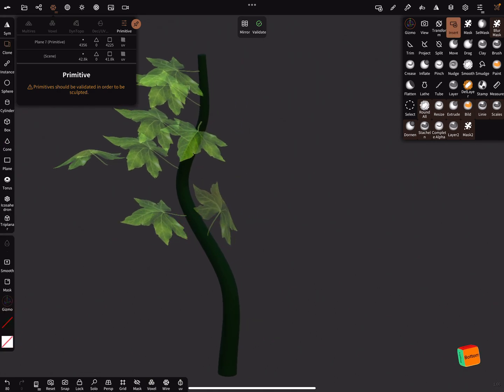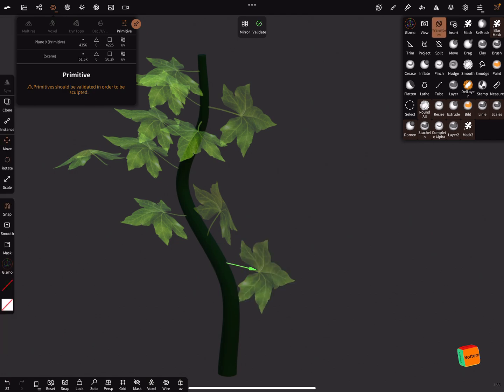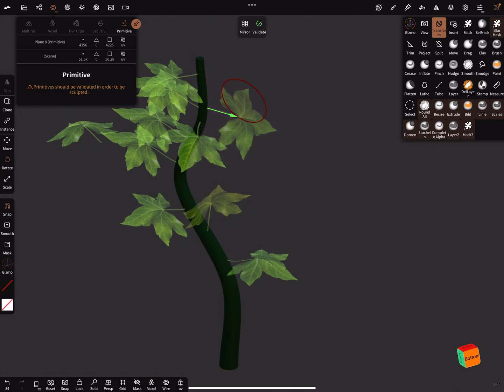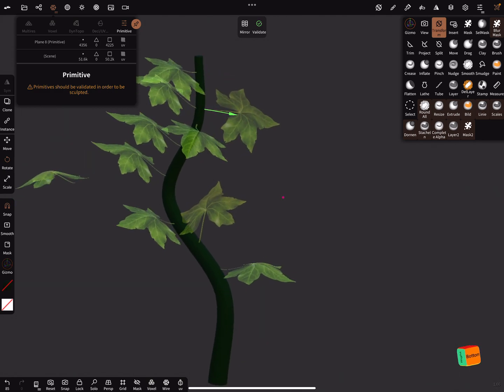The objects are a little bit translucent, and with the transform you can use the rotate function to bring the leaves in the right rotation. Like this.